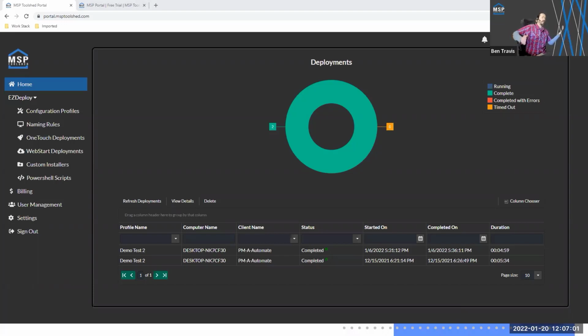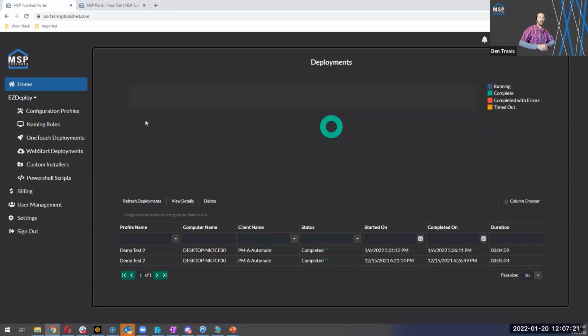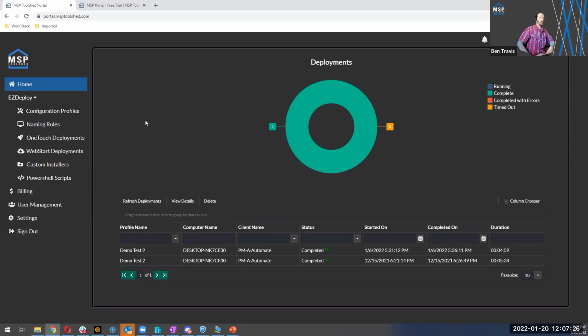One of my favorite metrics to play around with in Toolshed is the total time savings the product has provided to the MSP industry in the history of the product. I didn't pull it before this, but from the last time I pulled it a couple months ago, it was around 22 years of labor, assuming an hour of savings per machine, which I would say is conservative. So, having dealt with the problem firsthand for so long, to look at that and say we have saved companies somewhere in the neighborhood of 22 plus years of manual labor makes me real happy